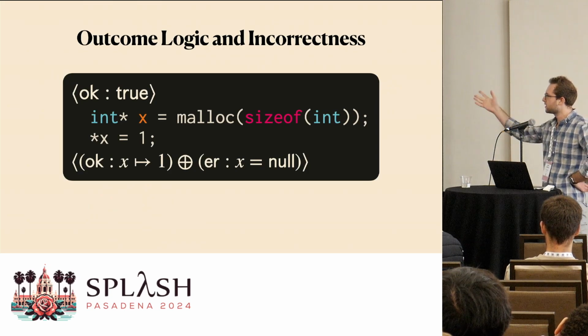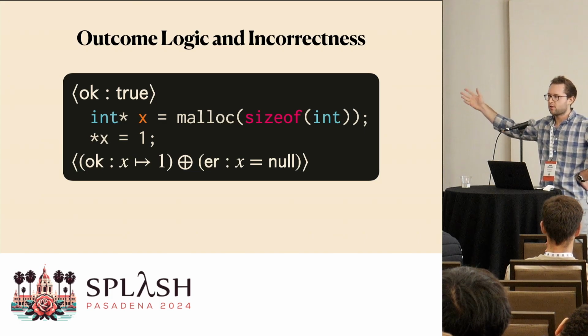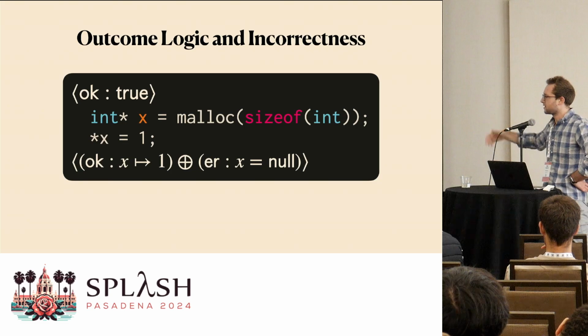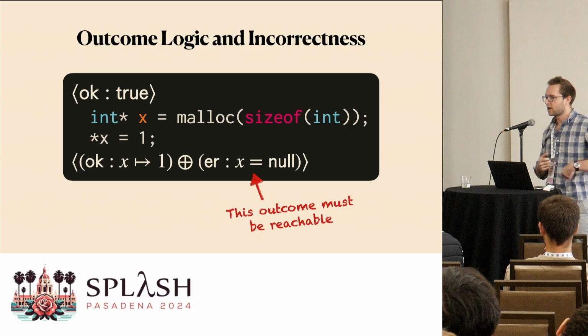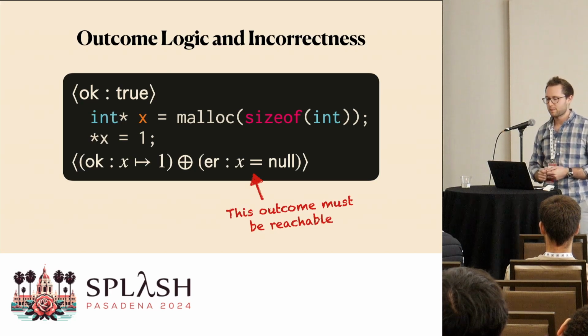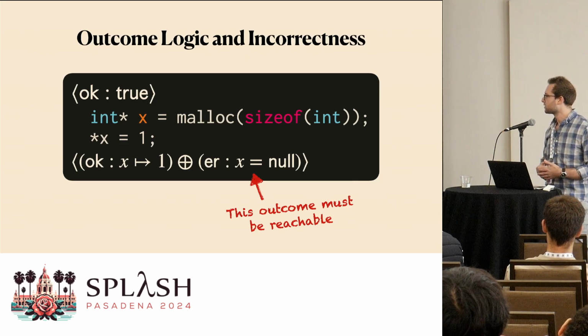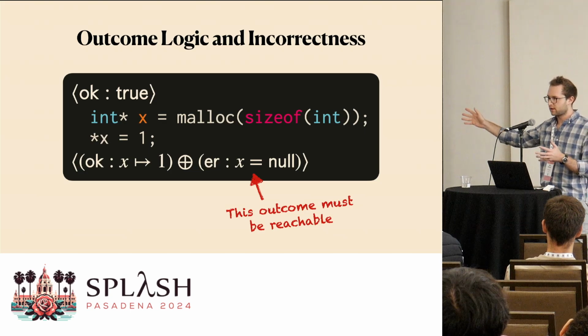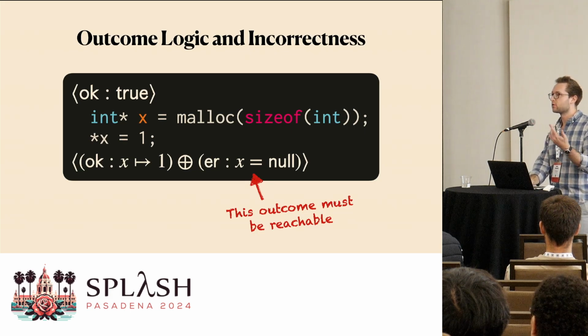So what we've done here is we basically just replace the disjunction that we saw earlier with the outcome conjunction, and that tells us that these states are reachable. So we now have a guarantee that there's actually a trace that gets to this error. And so this is the true positives property that I mentioned at the beginning. We know this error is not vacuous, but we have a problem because we're not meeting the under-approximation